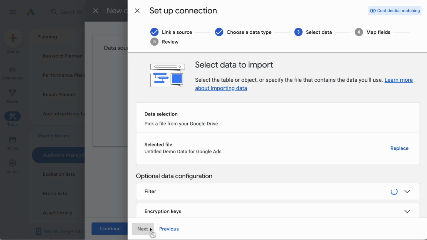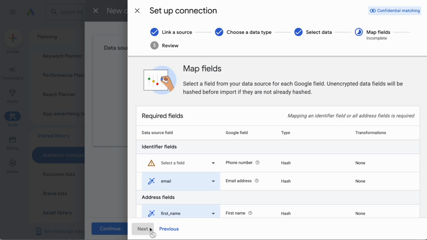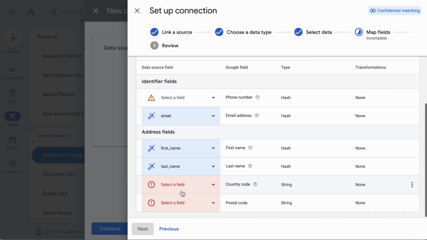Click Next. Google Ads will attempt to map the fields from your Untitled destination to the Google field. You need to remove the fields from the address fields in order to continue. Click the drop-down and select or search None for the address fields that have populated in Google Ads, and click